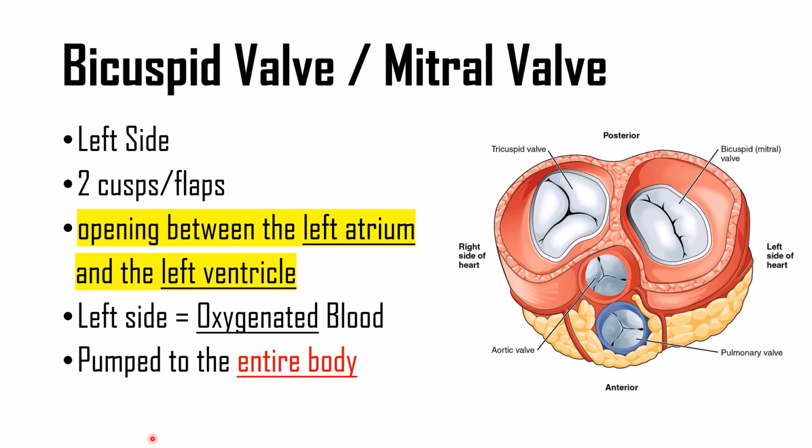is not going to travel a shorter distance, it is going to the entire body through the aorta, right? So the oxygenated blood is going to have more pressure, and when the ventricle is pumping towards the aorta, the two cusps will not allow much leakage if by chance. So therefore the left side can be related with just one hole on this opening, and that is representing the bicuspid valve.